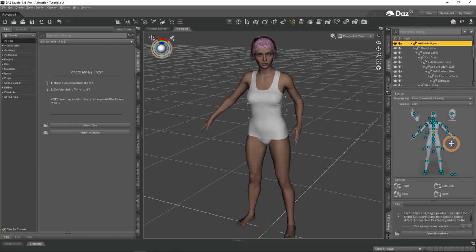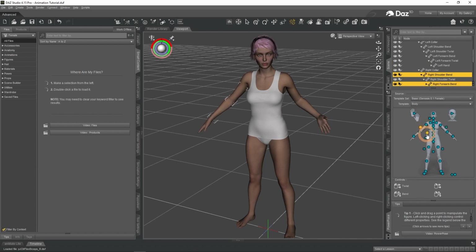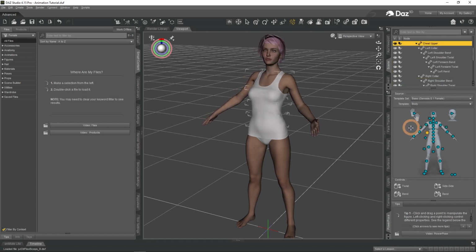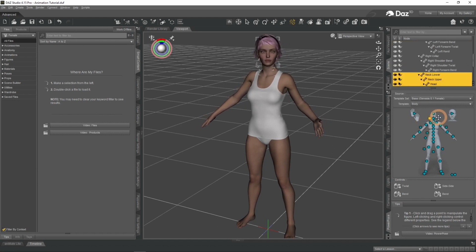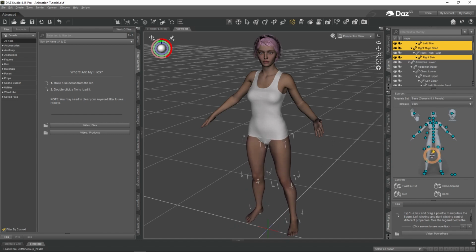One of the best things about Power Pose is the sun-like dots. They allow you to move the whole part of the body at the same time. For example, this sun will let me move the whole hand, which includes 3 bones. Moving 3 bones at the same time is extremely useful. Like this, you can also move the head and neck, each leg and both legs simultaneously. Power Pose is probably the best tool out of all for creating poses and animations.